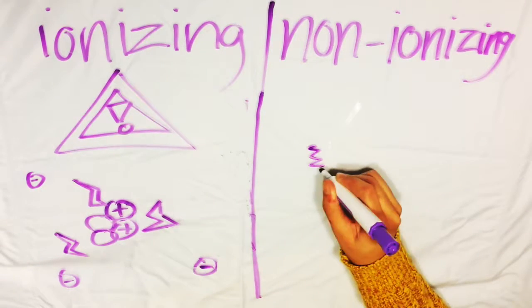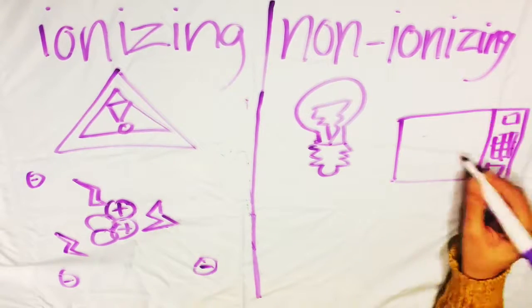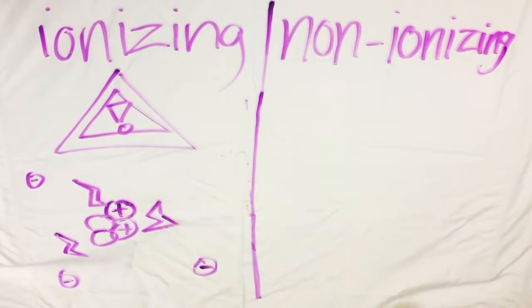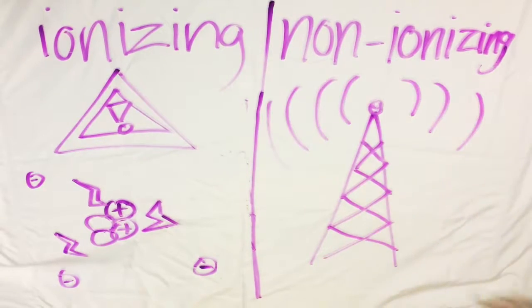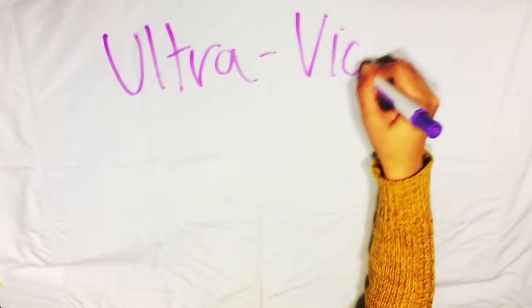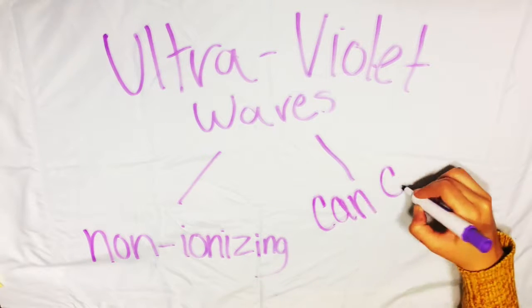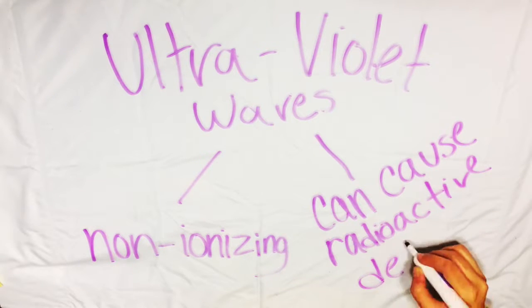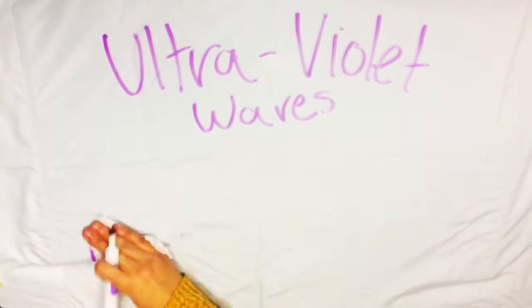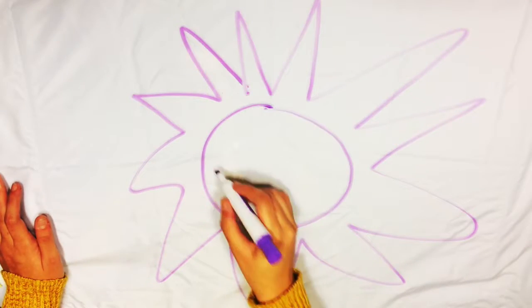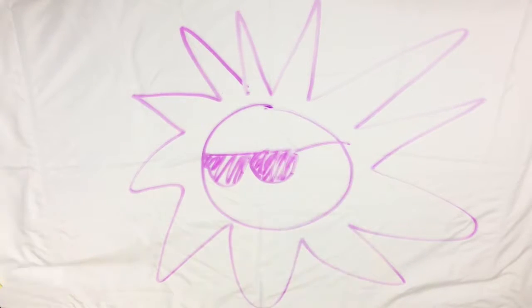Non-ionizing radiation, on the other hand, is only harmful due to the amount of heat given off. An example of non-ionizing radiation can be found in microwaves, visible light, and even radio waves. A mixture of these two types of radiation can be seen in the form of UV light, which in times is non-ionizing but can cause effects similar to ionizing radiation. An example can be seen in the form of the sun's rays, which is harmful due to the amount of heat given off, but can also cause damage to chemical bonds in the human body, such as between the skin